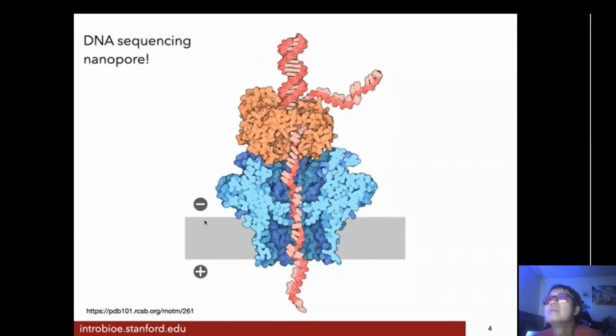This turns out to be a protein that can be used to sequence DNA by passing the DNA through a pore and looking at changes of current as different bases of DNA go through the pore. This is the basis of what's called nanopore sequencing, which we'll learn about later. But what's this got to do with language? As a student, I didn't want to understand how this thing worked. I just wanted Professor Ware to tell me what it did. Like, don't give me all this complexity of how the things work, and just tell me what it does.